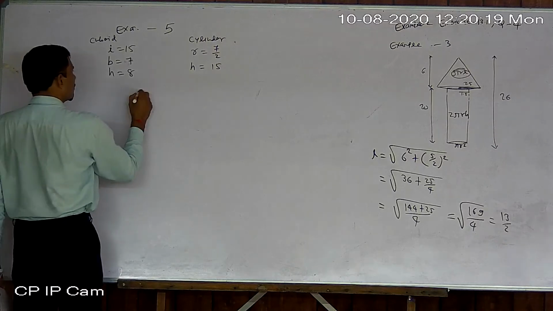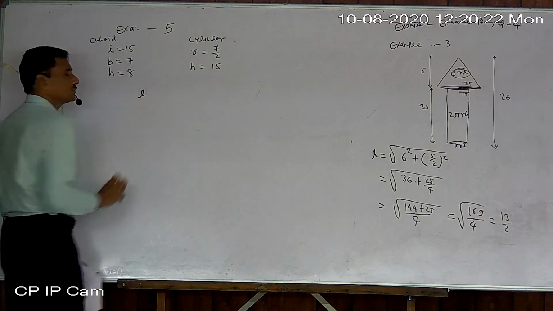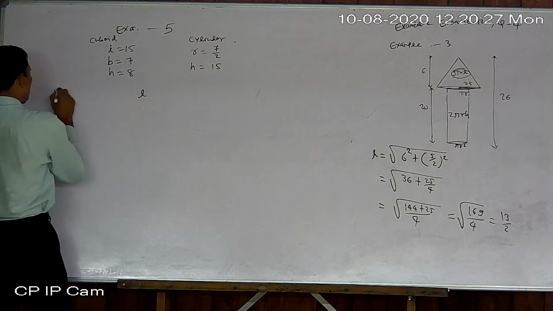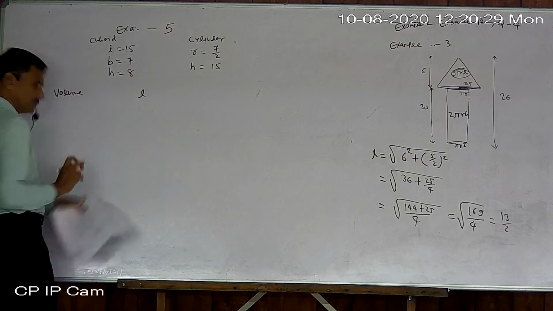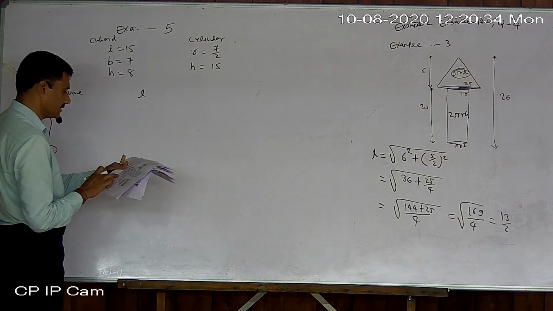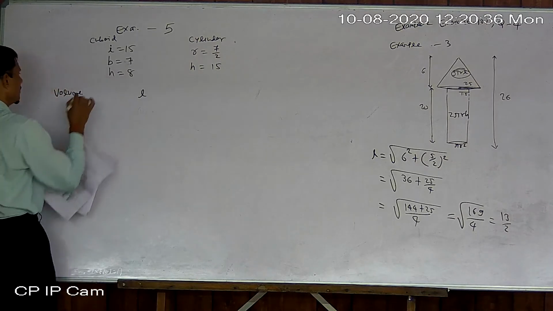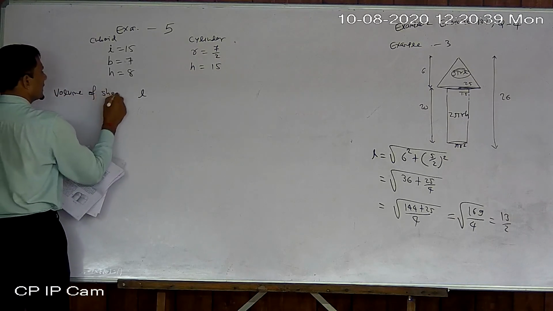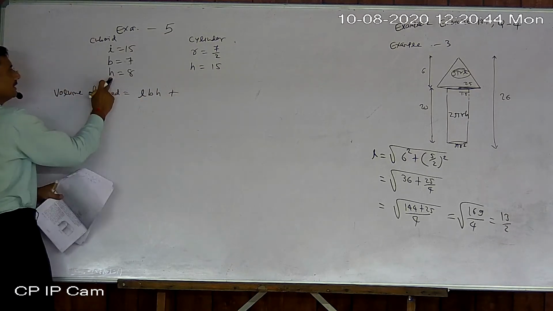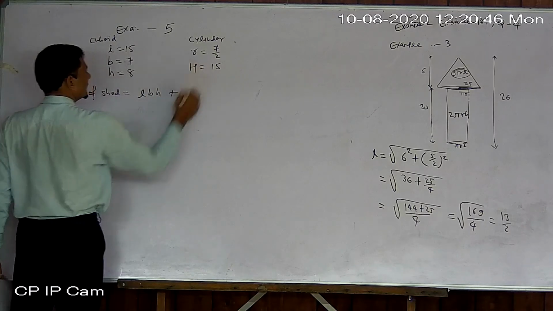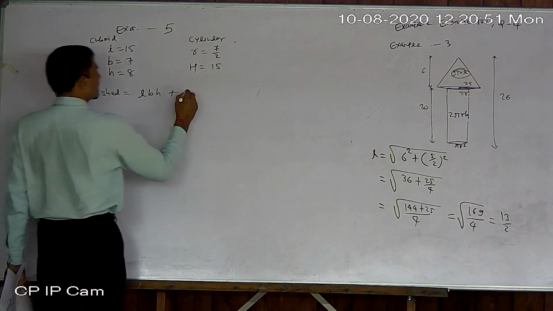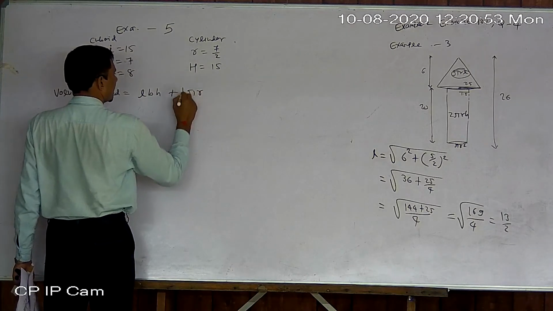So area you get by, sorry, not area, volume. Volume you will get by LBS. So volume of this house, that is something about a shed, an industry shed. So volume of shed will be LBS plus. Okay. Now keep a different symbol, so that they cannot be mixed up. Plus pi R square S.